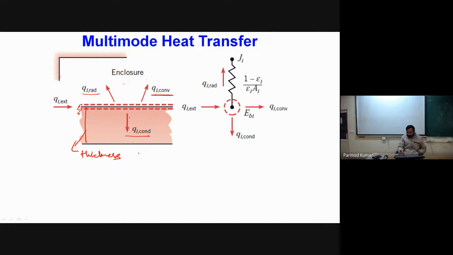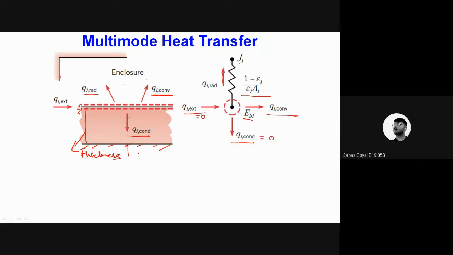So the corresponding circuit will become something like this. Say this is our Eb1, J1, and when we are considering the radiative heat transfer, we have to include the surface resistance, and this is the external heating, this is conduction and this is convection. Okay, and under special cases, say if this face is perfectly insulated, we will not have any flow of heat in this direction, then conduction will become 0. Similarly, if external heat is not there, then it will become 0. So this is the most generalized case. Now, depending upon the individual special conditions which are imposed, we may have different types of situations. Okay, is this point clear?